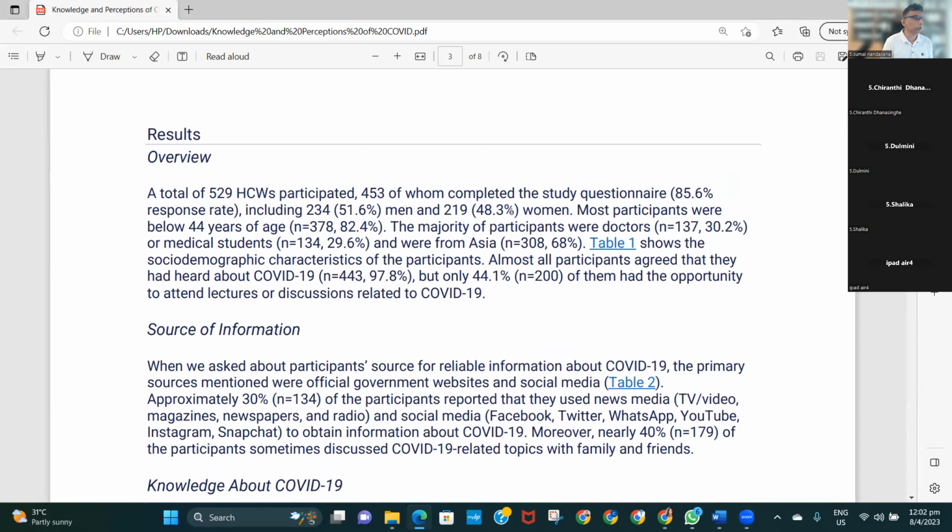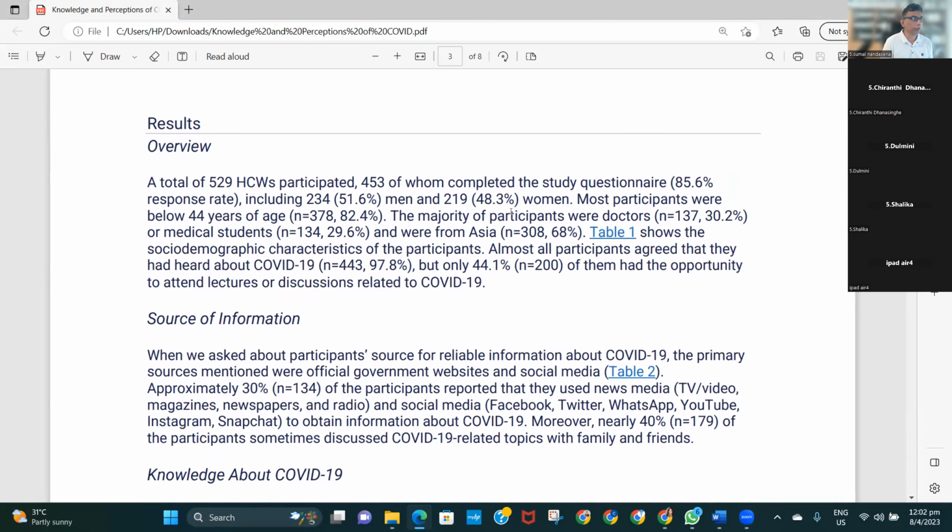Okay, now in the overview, it says 539 healthcare workers have participated. 453 women completed the study questionnaire. That means 85.6, that the response rate is there. And the male population and female population are also mentioned there. So we may need to tell that information and also a little bit of